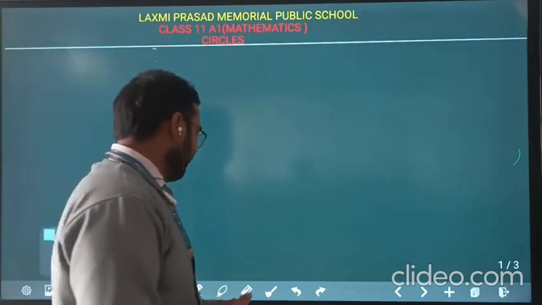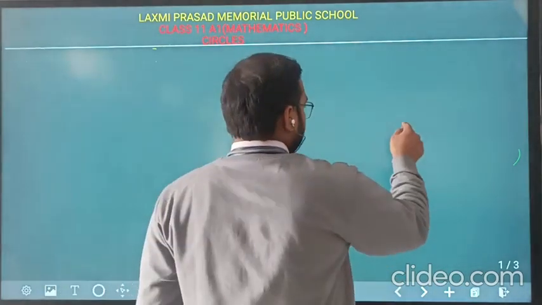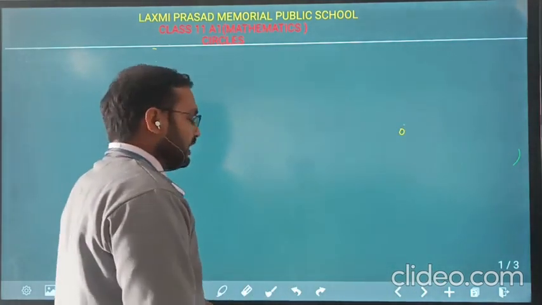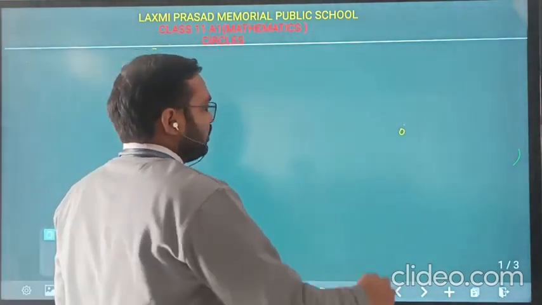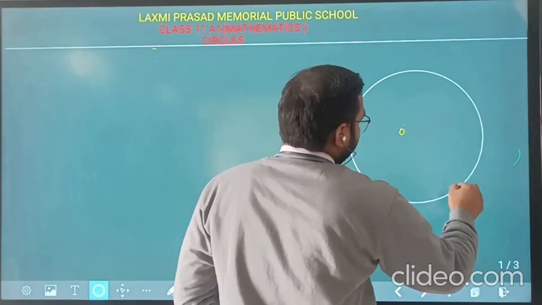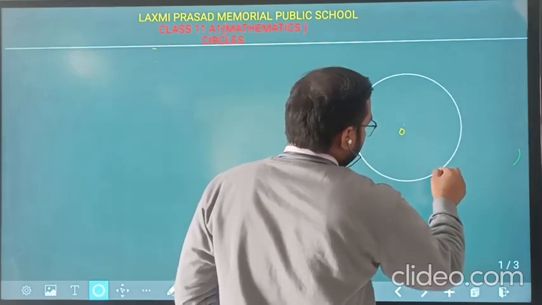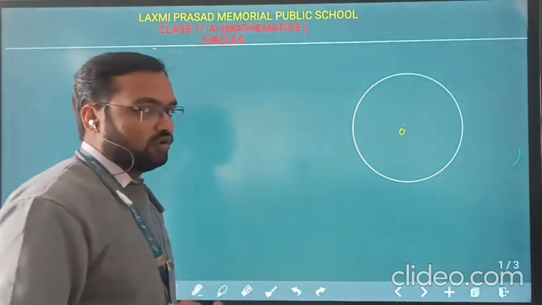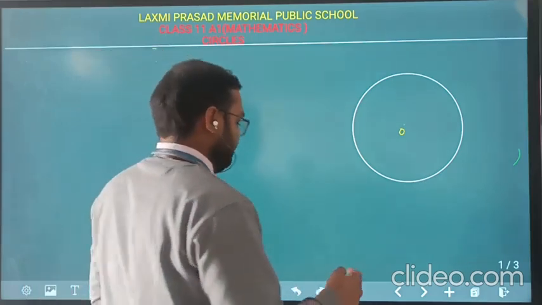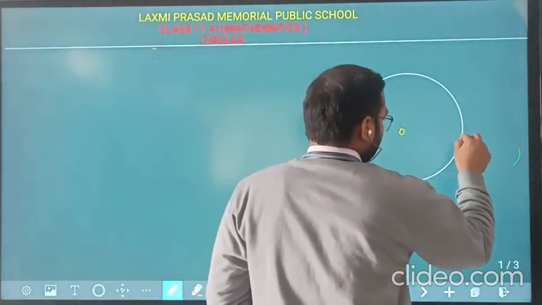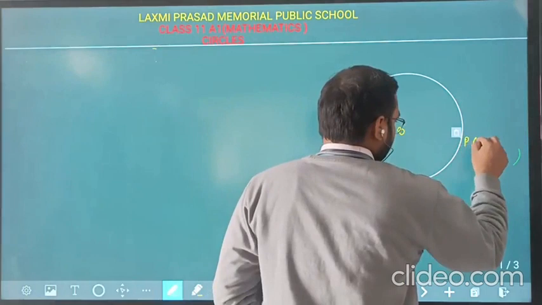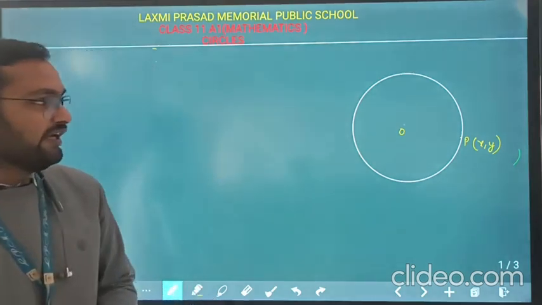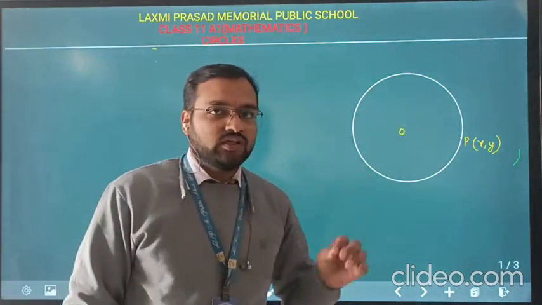That means we have here a point O that is fixed, and if we draw the path or locus of a moving point P,